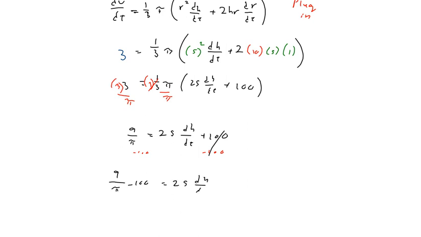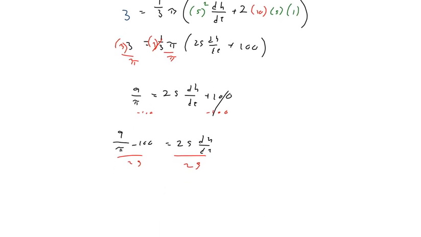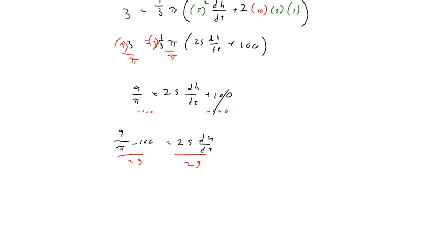Divide that by 25, divided by 25. And we've got dh/dt equals 9 over pi minus 100, over 25,